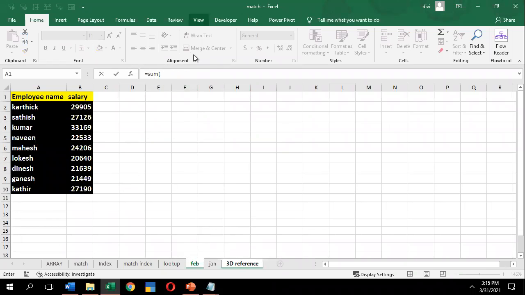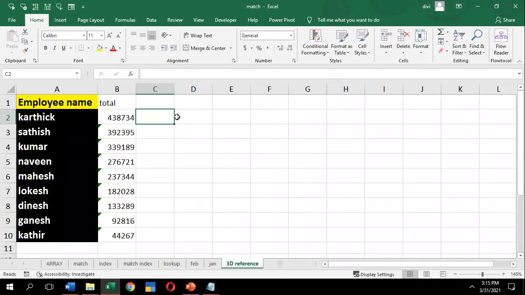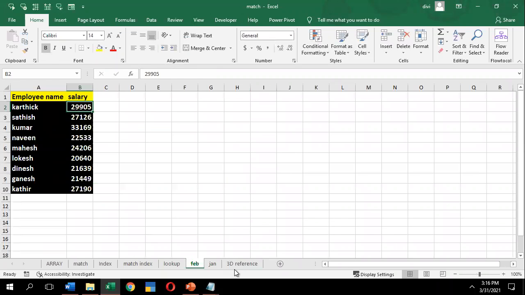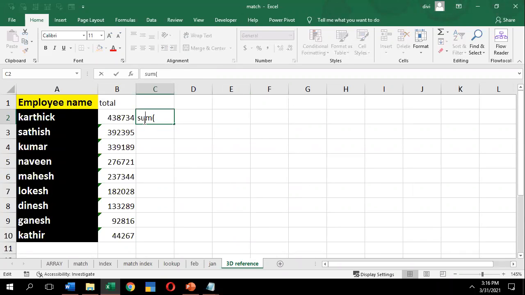I'll just show you. See, I'm in the 3D sheet. If you use the sum without selecting a range and without equals, and go to Feb, it will be text; it won't have any formula value.